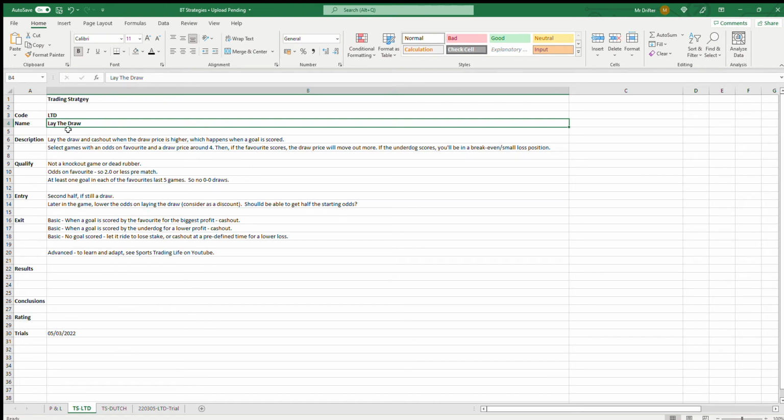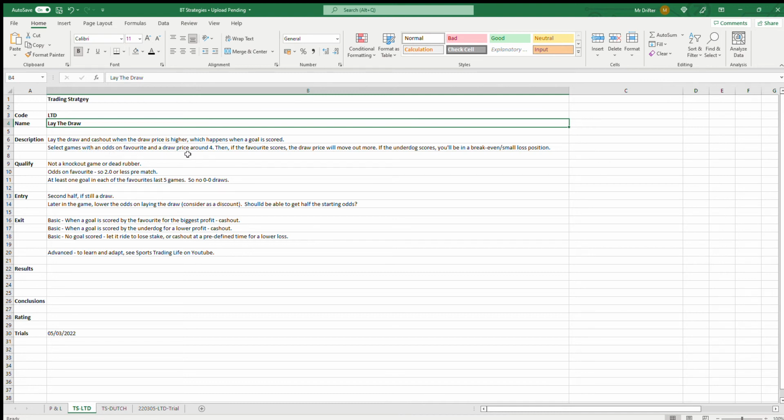So the strategy I'm looking at to start with is called Lay the Draw. So give it a name and give it a code. I'm going to do one of these sheets for each strategy that I look at, and this is the first one I've started investigating in further detail. So the description: lay the draw, and basically you lay the draw and you cash out